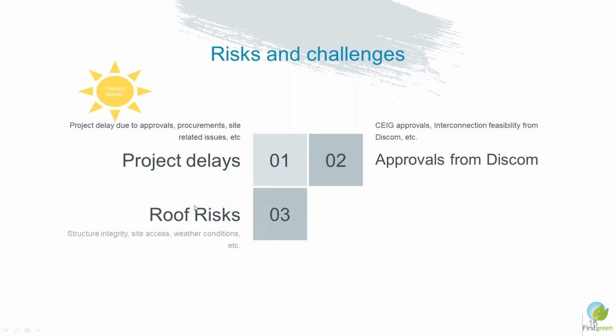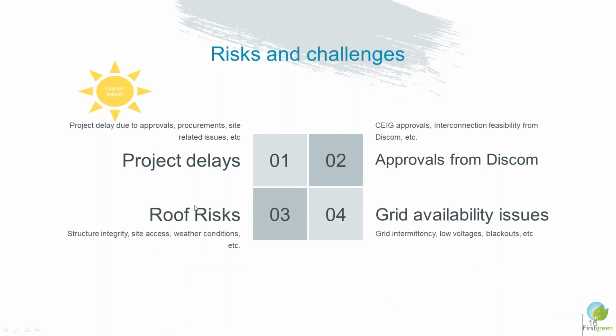Every business has risks, and so does the solar business. Though we say that solar is a risk-free business, as long as the sun is shining you will keep producing electricity, and as long as you are producing electricity, it will be consumed. But businesses are not like that. It may be possible that you will be subjected to certain risks, and these risks should be shared by each stakeholder based on their part. So what are those types of risks?